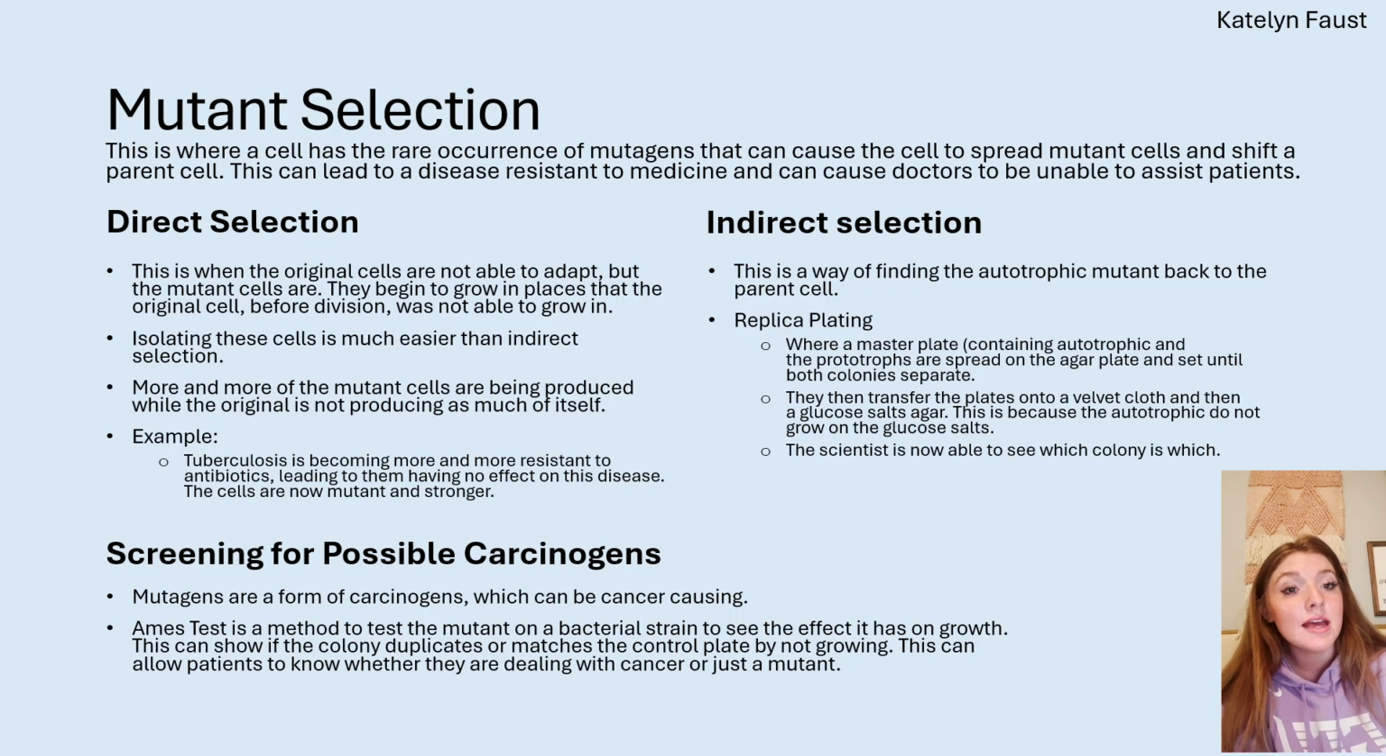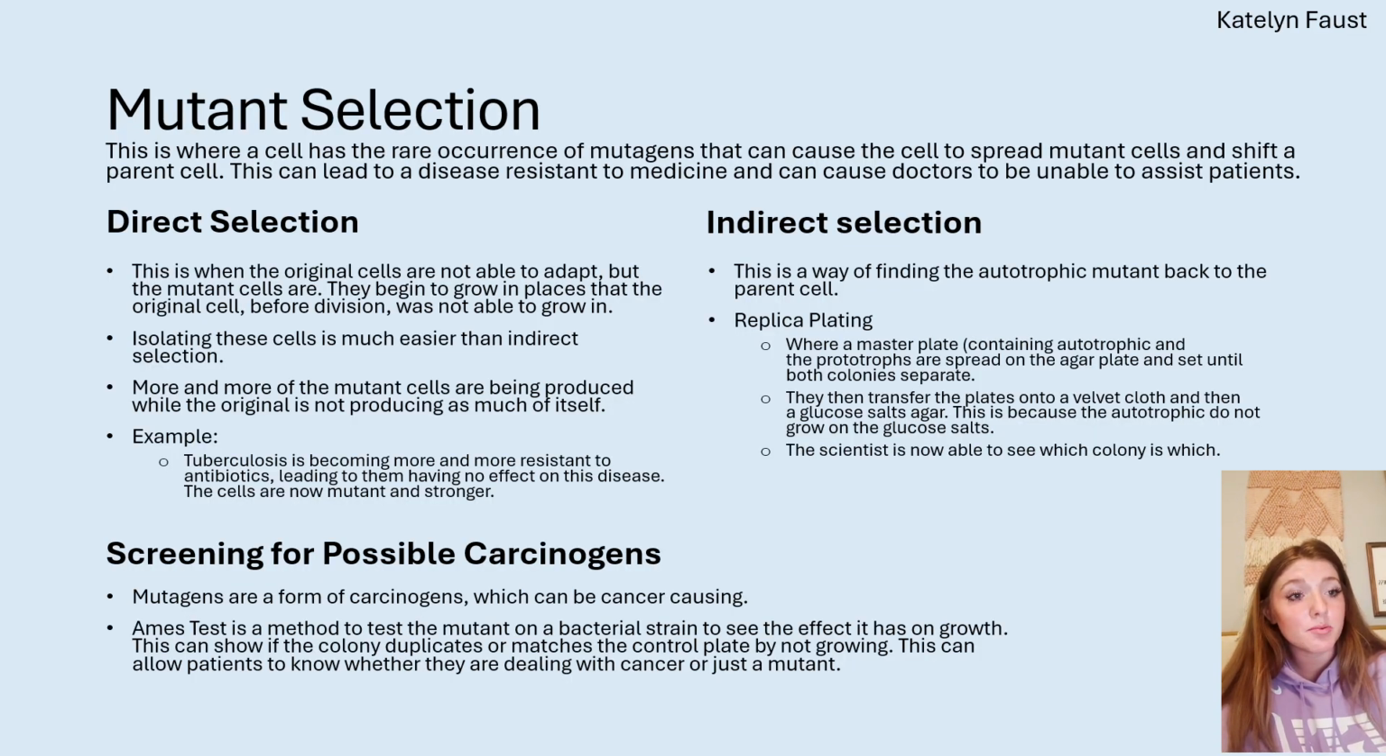And then the other category is indirect selection. This is a way of finding the auxotrophic mutant back to the parent cell. They use replica plating, where a master plate containing auxotrophs and prototrophs are spread on the agar plate and set until both colonies separate. They then transfer the plates onto a velvet cloth, and then a glucose salts agar is